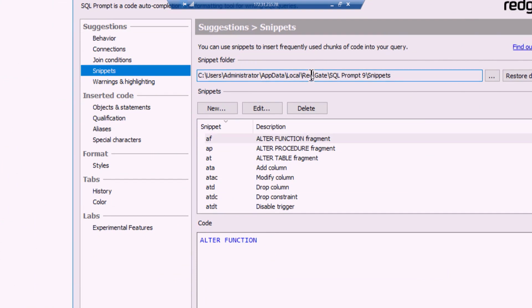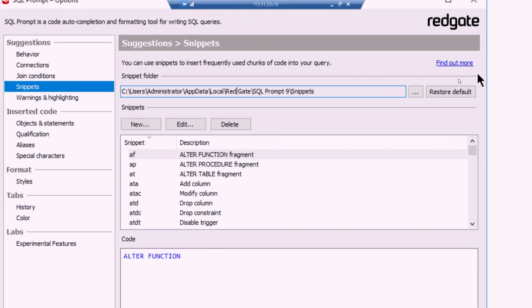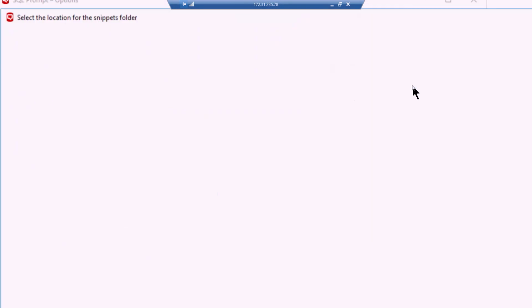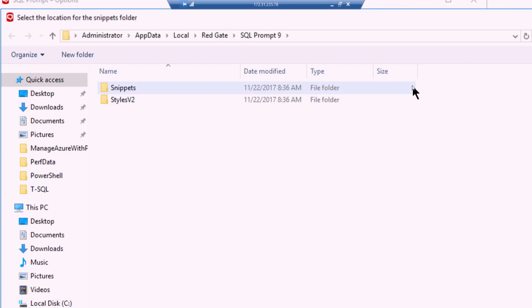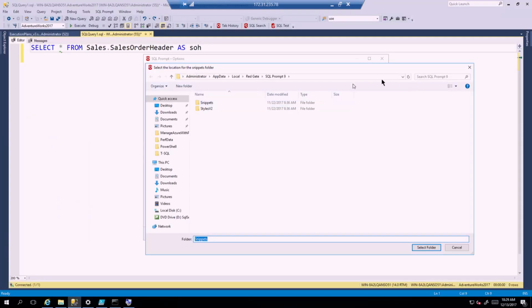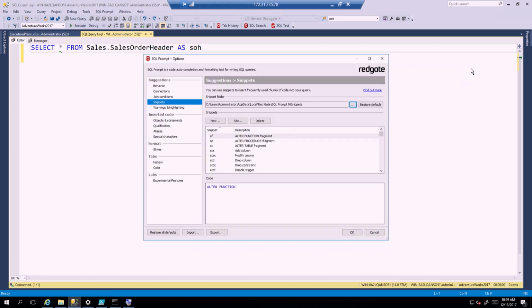I've got my little VM set up, and when I'm doing the VM stuff, I'm traveling with it, so I don't point it back to anything here at Redgate in a central location. But you just say, I want to pick a particular location, and then off it goes. You open up a normal Explorer window, and you can pick wherever you want it to go. So any kind of network share can then store all of your snippets together, and that way you can have a set of code standards that everyone uses.